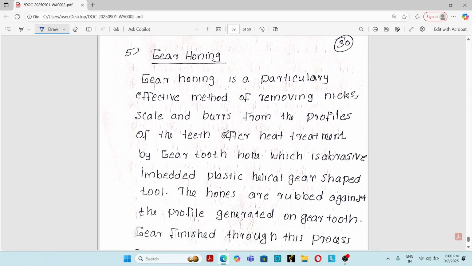And the last one is the gear honing process. Gear honing is a particularly effective method of removing nicks, scale and burr from the profiles of the teeth after